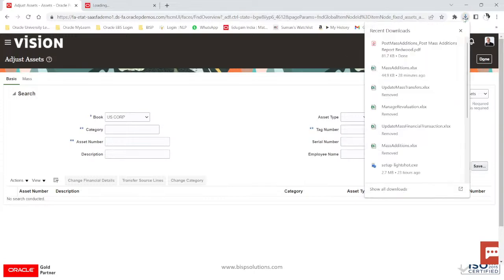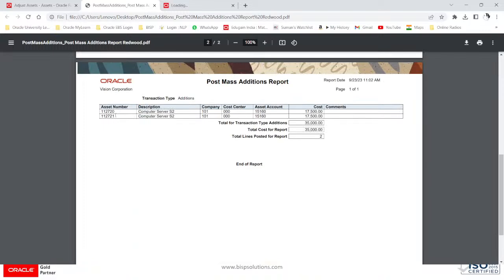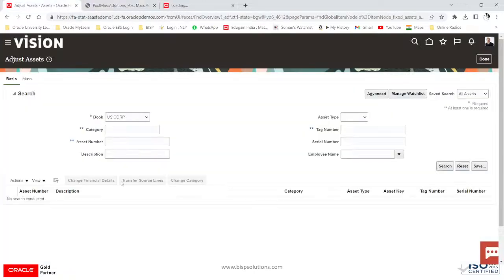So let me open that particular post mass addition report. The two asset numbers. So that asset number is 112720, and another one is this, right? So if I go to the mass,